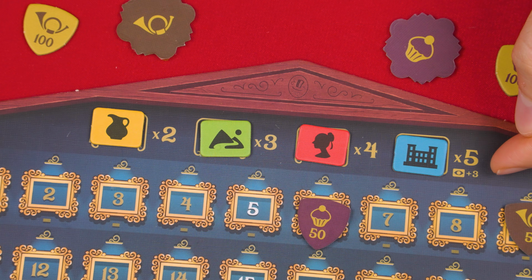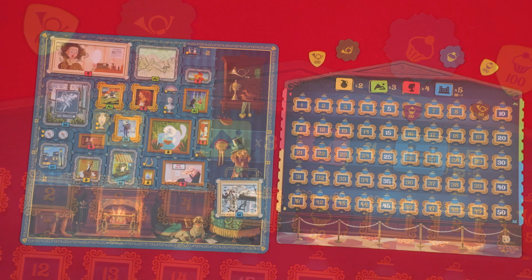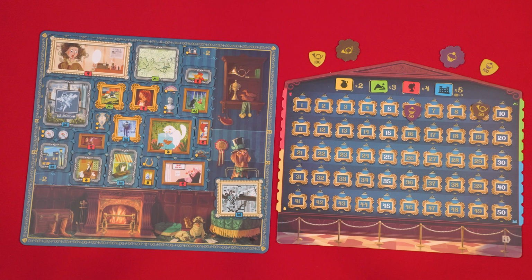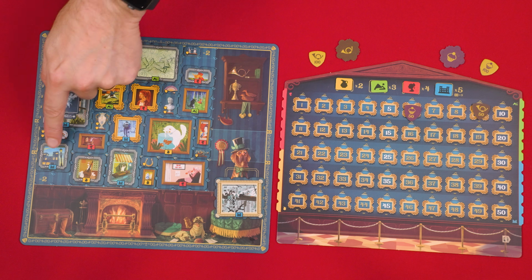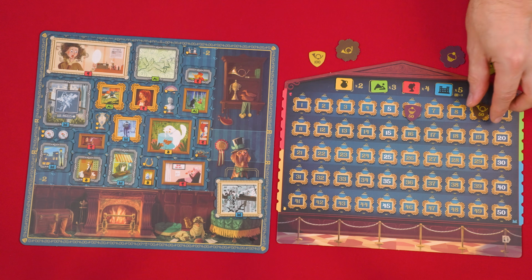As it shows here, each player now scores 3 points for each painting from the most prestigious type, blue in this case, that is fully or has any part of it within the eye line area of their gallery. And unlike prestige, where you don't count paintings that are next to each other sharing the same type, any painting of the indicated type within the eye line is counted. So in this case, I have 1, 2, 3, 4 blue paintings within my eye line, so I'd earn 12